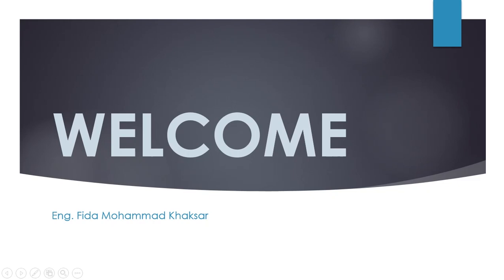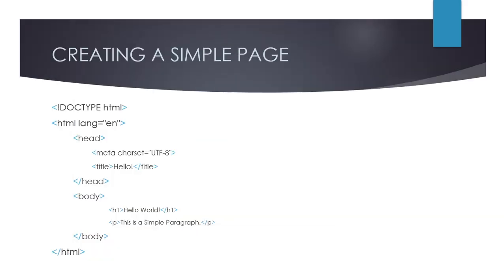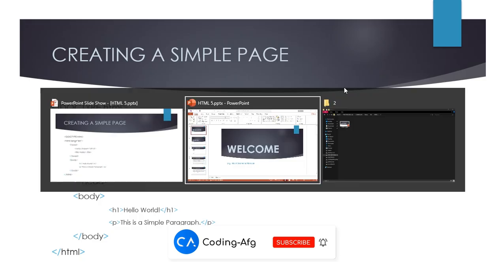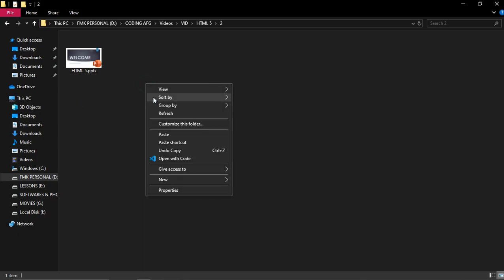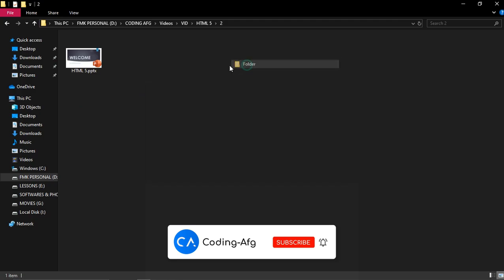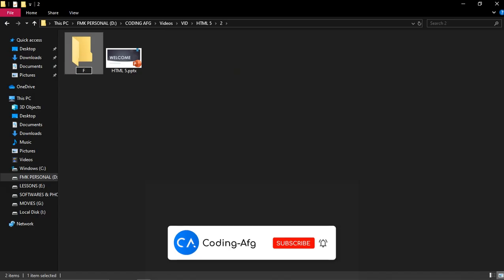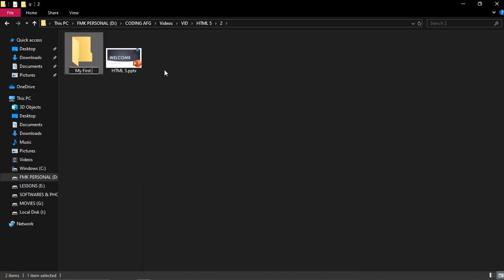This is our second lecture of HTML, and in this lecture we are going to create a simple HTML page. First I'll make a folder right over here, and you also have to do the same. You have to make a folder and name it anything you want. I'll name it my first HTML